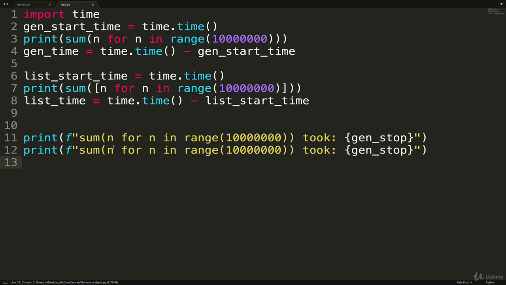Duplicate this, except this time the list brackets there, took list stop. Okay, so we're running the exact same code, except one we're passing in a list comp, the other one is a generator expression, and then we're timing both of them, and then at the end printing, and I did change this to be gen time and then list time instead of stop.